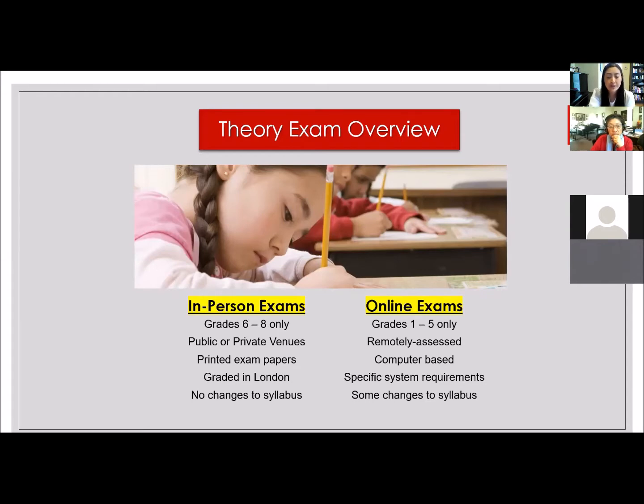It is remotely assessed. It is computer-based. There are very specific system requirements, which we will go through in detail, and there are some changes to the syllabus. Again, the online exams are only for grades 1 through 5. There's not an option for 6 through 8 to be online.